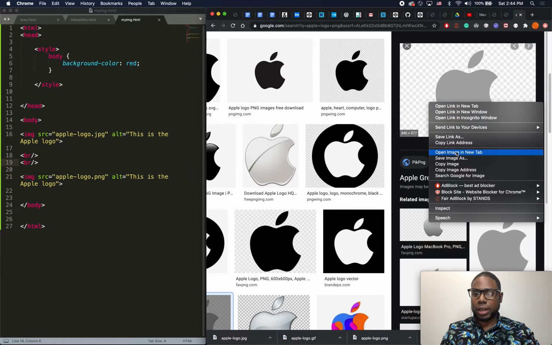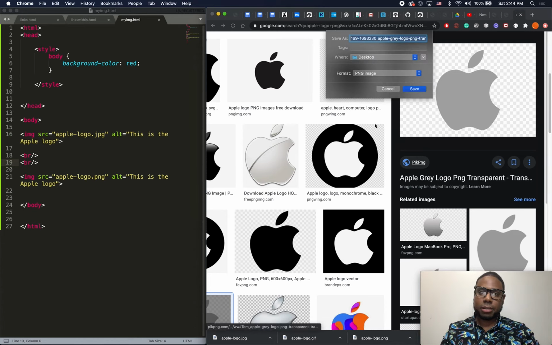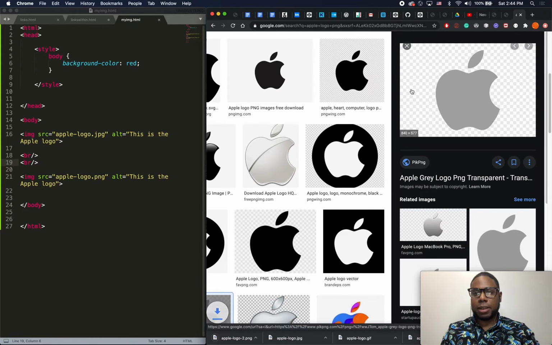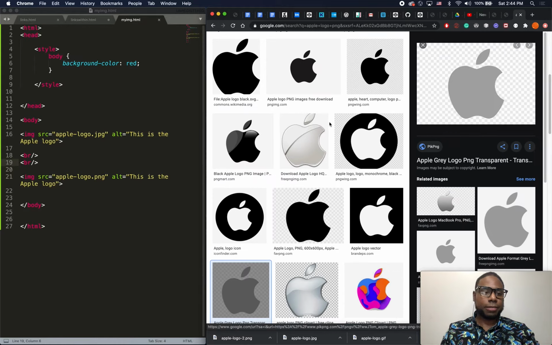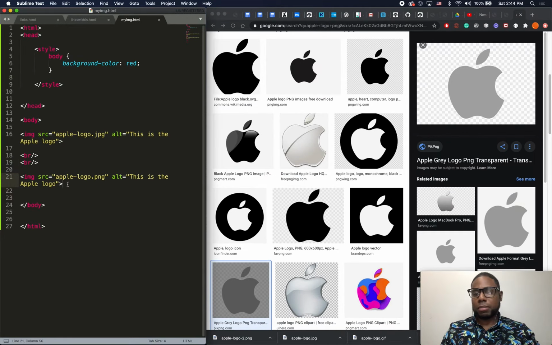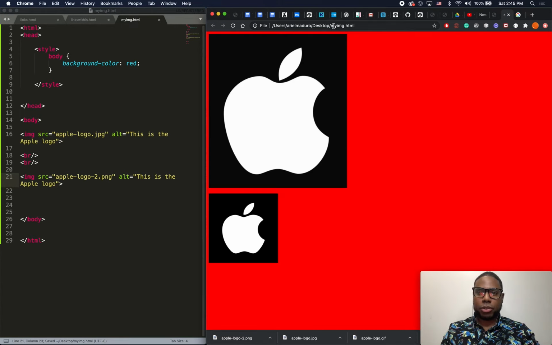I'm just gonna click save image as. Then I will put Apple logo 2. As you can see, the format is PNG. It was saying PNG for the other one earlier too, so I'm not sure what's going on. So I'm just gonna click save. I'll take a look at that later. I cannot sleep if I don't know what's going on there. So I'm just going to change this to 2, right? And let me just go back and